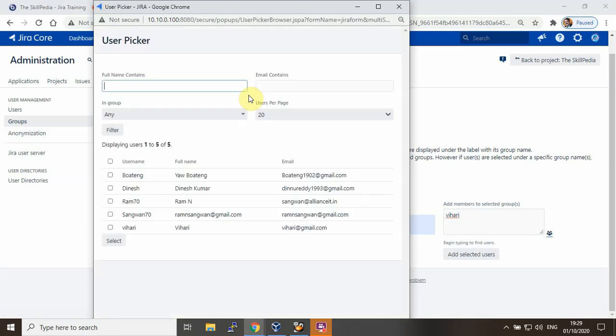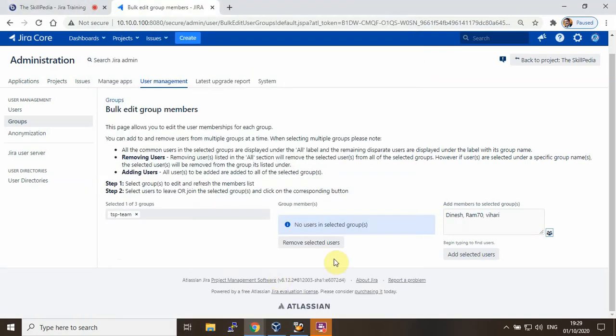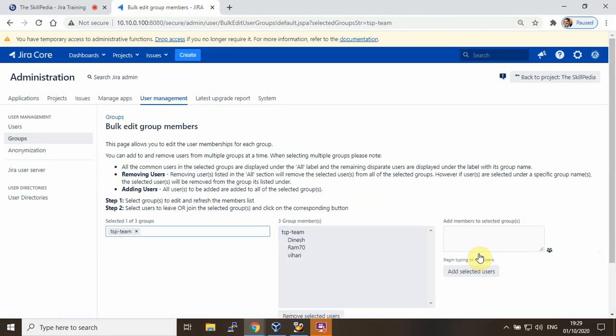I can click on this and I can search users here. So I can directly select by using this also. For example, I want to put Dinesh, Vihari and Ram under this group. So I can select. As I said, you can simply type or separate it by comma, add selected users, right? So they are already added, and so these users are added to the group now.